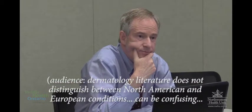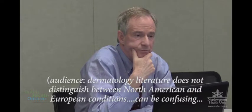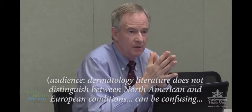Yeah, but the dermatologic literature for the sclerosing skin conditions often doesn't separate the European from the North American conditions. Interesting. And so it's confusing to people, because scleroderma and morphea are relatively common. But people are now chasing Lyme disease and all of these things because the Central European literature is contaminating the North American literature. Well, because let's face it, you Google and you'll get whatever comes up and what people search. I mean, you're quite right. But I just wanted to point out